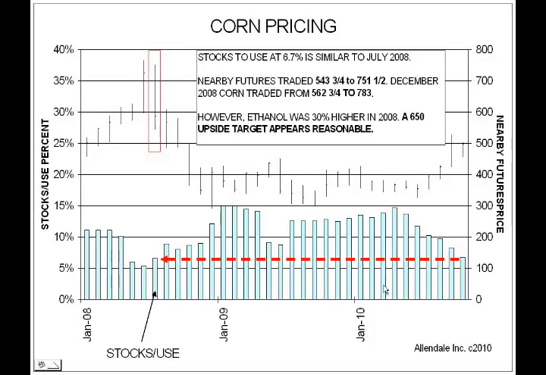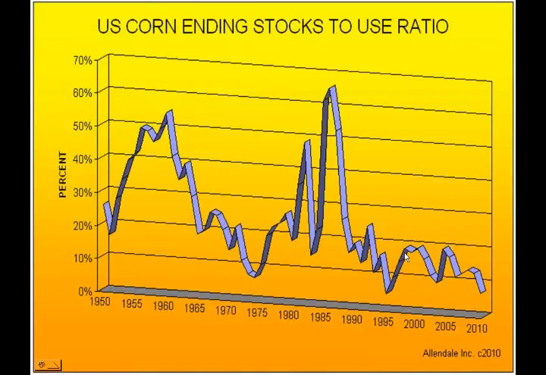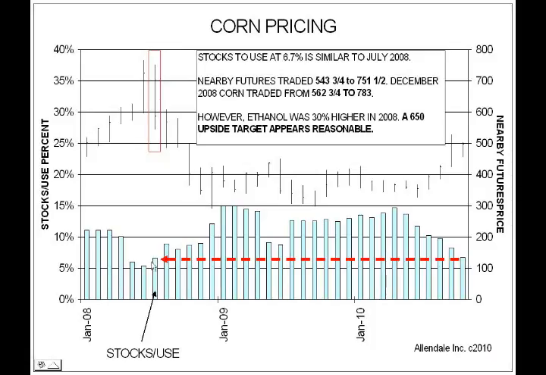However, this isn't actually the tightest number we've been at here. If you look at these numbers here, these are all based on the end of the marketing year, August 31st of each marketing year. However, throughout that marketing year, we know the USDA changes numbers up and down. This is what we put out on Friday here, the lowest number since July of 2008. Once you look at these intra-marketing year numbers, as we noted during this bar here back in the 2008 time frame, we traded these up to over $7, both the nearby contract and also the December contract at that time.